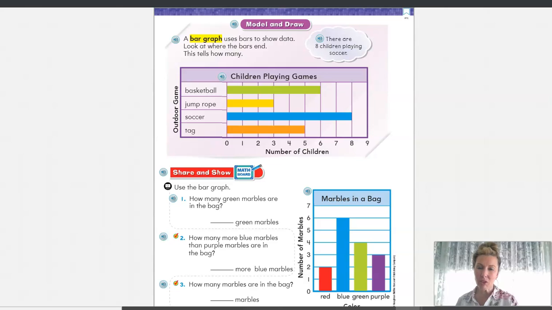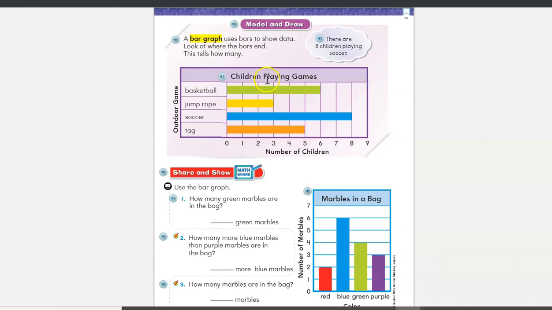Bar graphs. Let's talk and learn about bar graphs. So first of all, a bar graph uses bars to show data. And we're going to look at where the bars end to find out how many. Okay, just like every other graph we've learned about so far, every tally chart, picture graph, and table, there's a